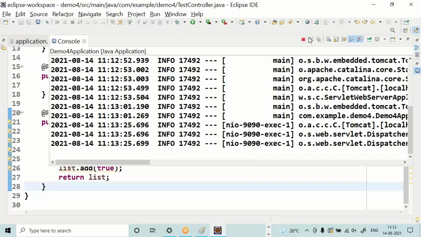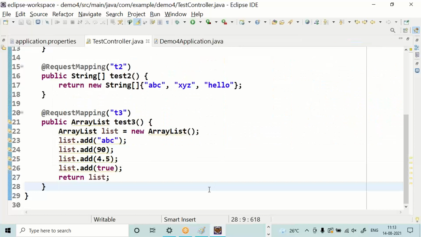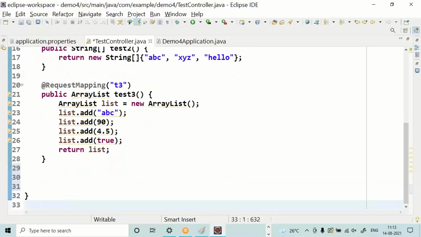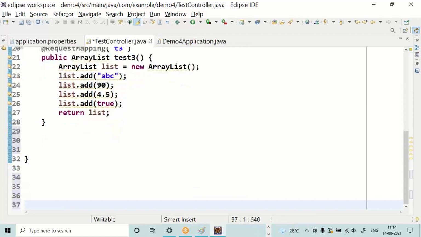Come to the next one. Stop the application. Public. This time I am using hash map. This also imported through control space bar.